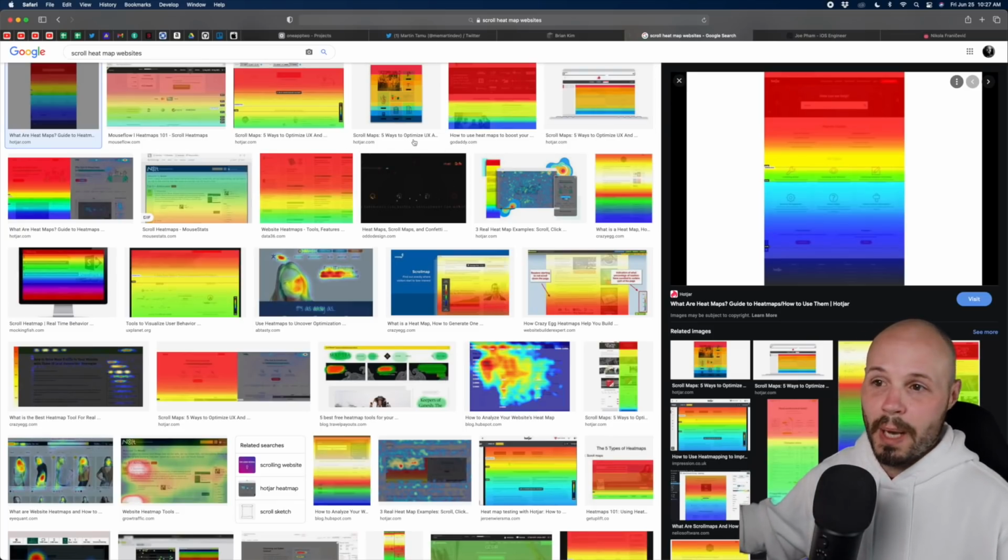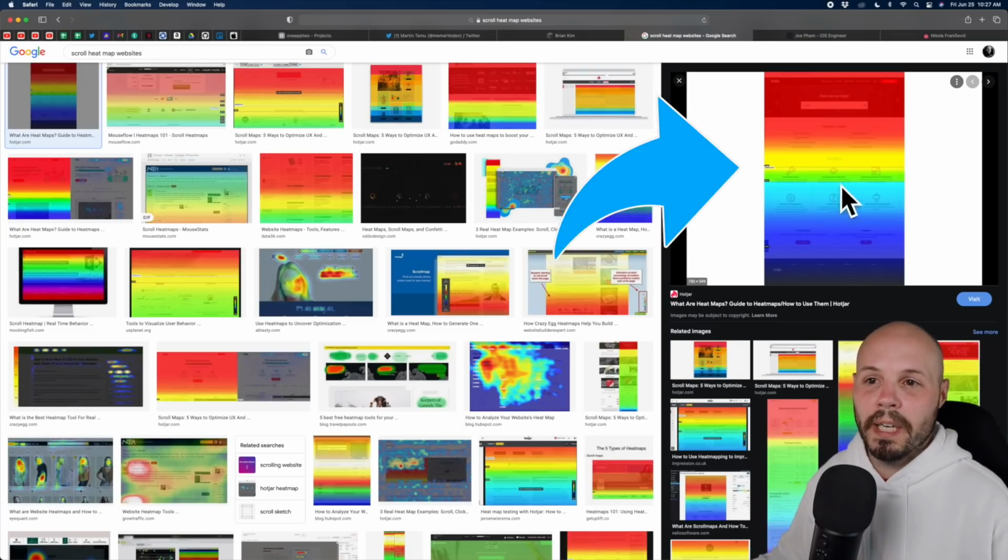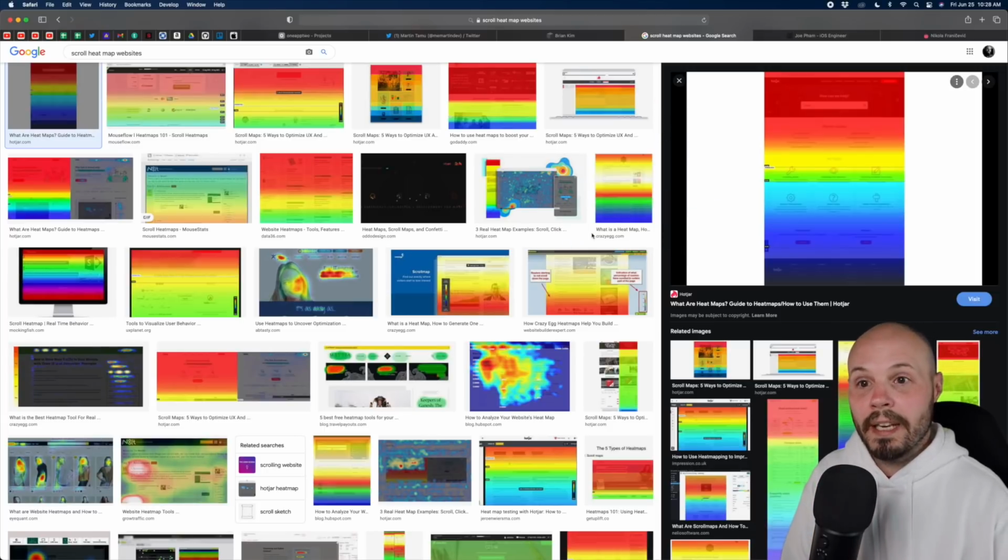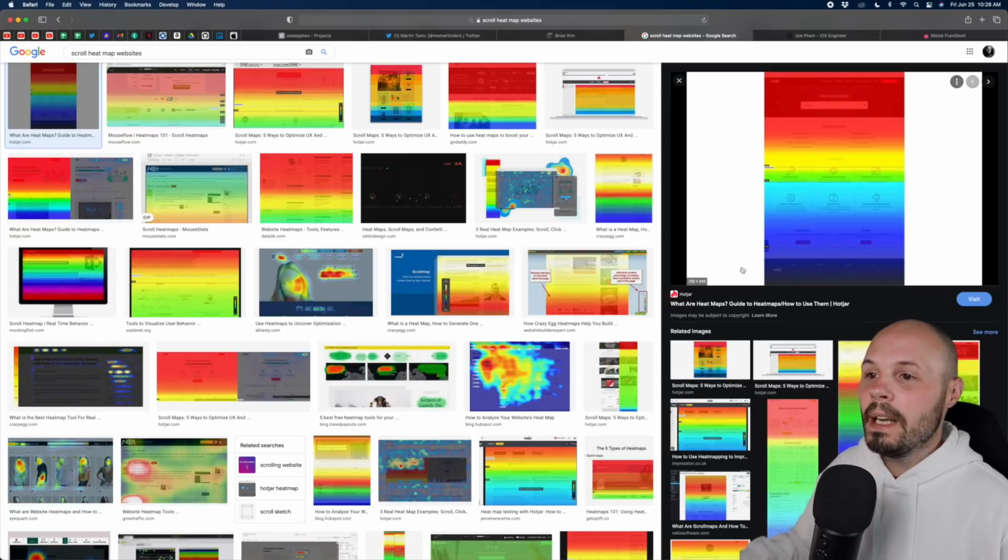I just Googled scroll heat maps, by the way, and went to images. But if you look here in the upper right, this is essentially what that means. Red is what basically everybody sees, because when they come to your website, right, they don't have to scroll. That's automatically what they see. But you can see as you have to make people scroll further, people drop off, right? So hardly anybody sees the bottom of your site. Now, admittedly,